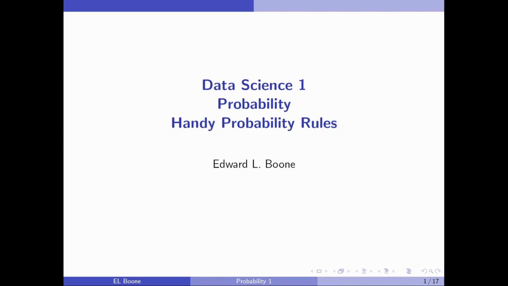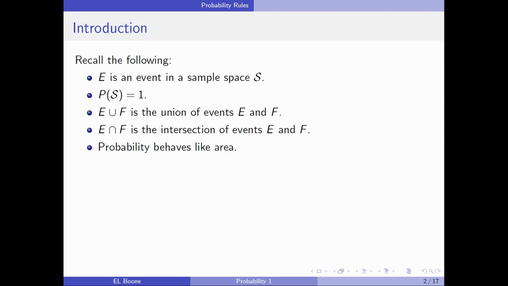Welcome to Data Science 1, Probability. Handy probability rules. Okay, so you remember from the last video that we have E as an event that exists